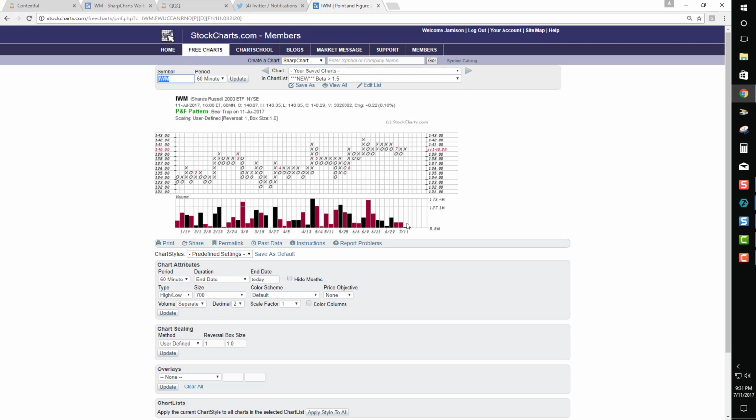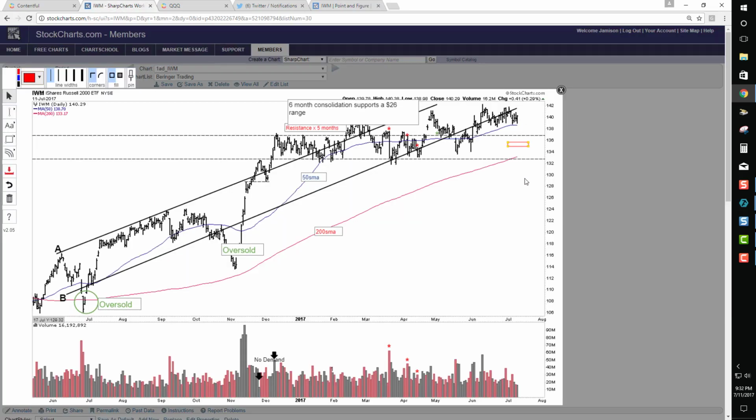At the present time, this session just started today, there's not a lot of buyers. We need to see this up wave actually build some demand and result in a 142 price target. If not, we have a downside price objective of 130. You can see the automated bear trap that's there. I ignore those. So that 130 would put us below the 200 simple moving average, and that would put us